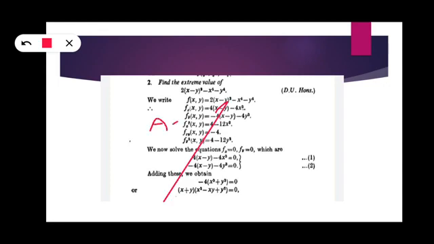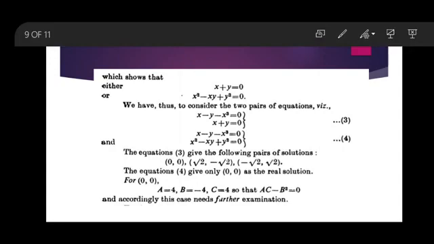This is a fx square, and b fxy, and this is c fy square. Now if we observe here, if we substitute x equals 0, then this will be 4, and already we have only a constant, that will be minus 4, so there is no change, b is equal to minus 4. If we substitute y as 0, that will be 4, so c is equal to 4. So what happened here? A is equal to 4, b is equal to minus 4, c is equal to 4 when x is equal to 0 and y is equal to 0.